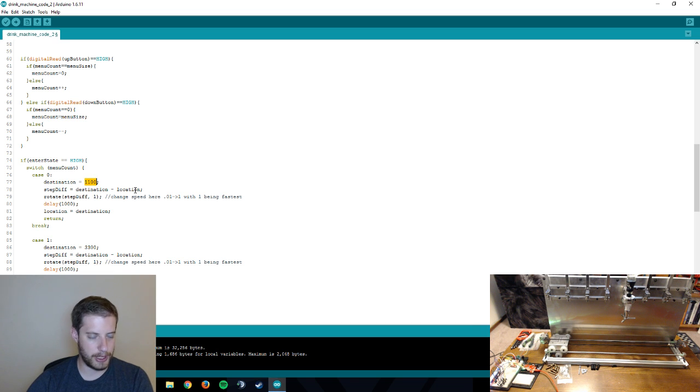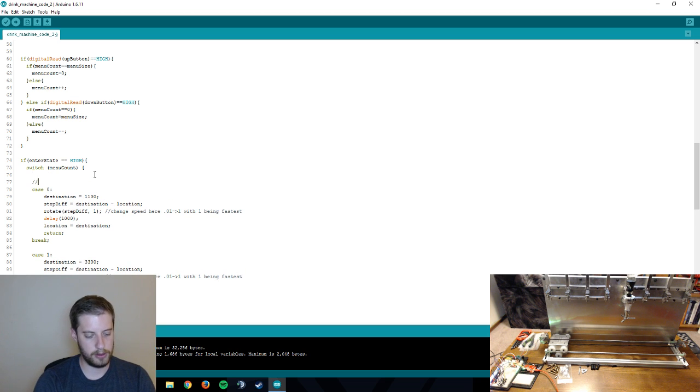Just doing some quick testing beforehand, found that the amount of steps it takes to get between 0, which would be where the home is, and the first drink is 1100 steps. Actually, why don't I add that? And then likewise,